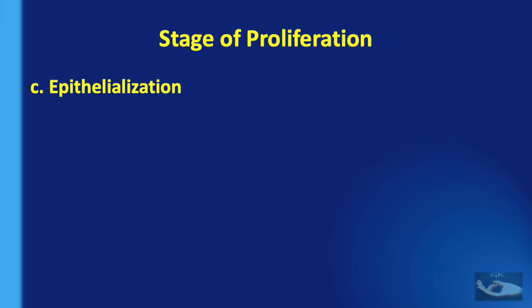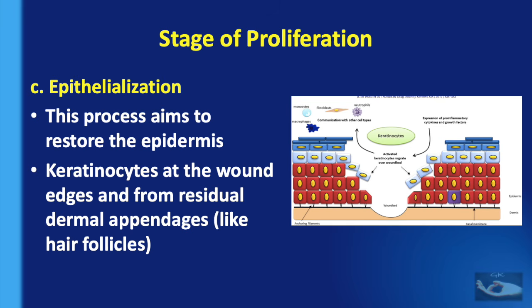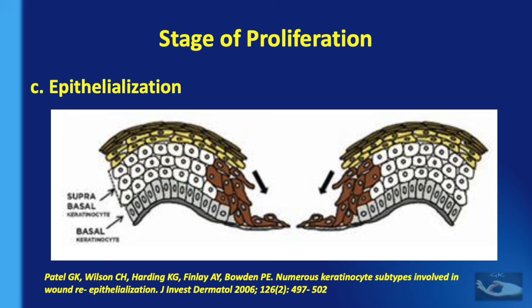But the wound is still not covered with epithelium. This can occur only by the process of epithelialization to restore the epidermis. The main players here are the keratinocytes, which occur at the wound edges, and also from the residual dermal appendages like the hair follicles. The way in which these keratinocytes cover the wound can be by the leapfrogging model, where